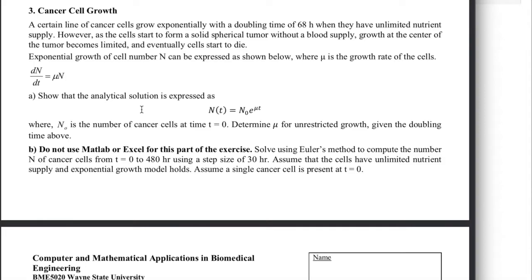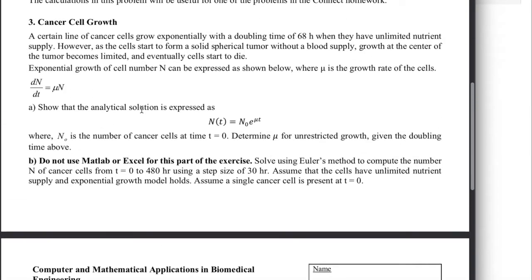So we won't be doing parts A and B. We'll just be focusing on C. But we do need to read the question so that we have some background. So a certain line of cancer cells grow exponentially with a doubling time of 68 hours when they have unlimited